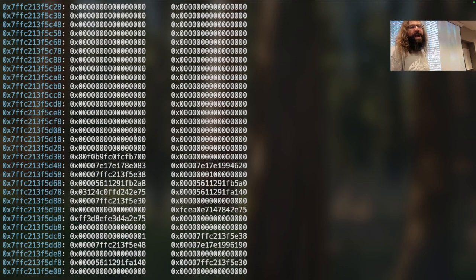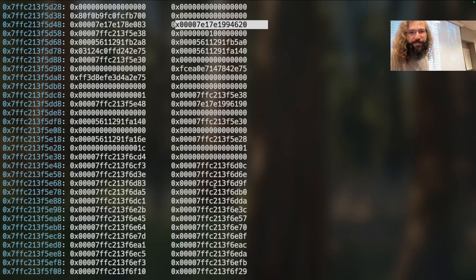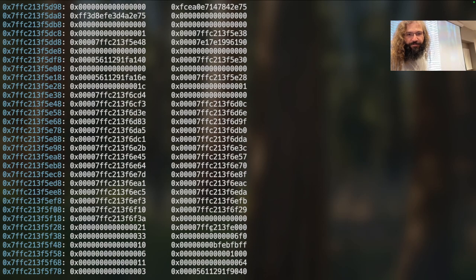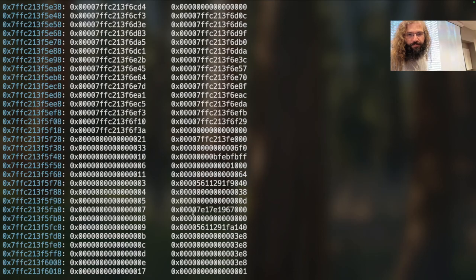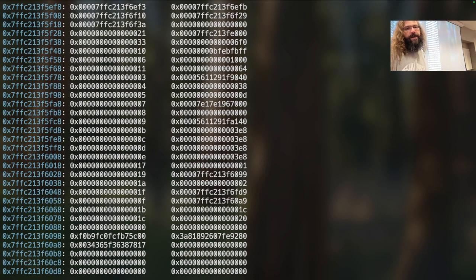I blow past this canary, I blow past this saved RBP, I blow past the saved return address, and we just keep cruising. Somewhere here, there's going to be another canary-looking thing. Yeah, right here. This is the canary for main.